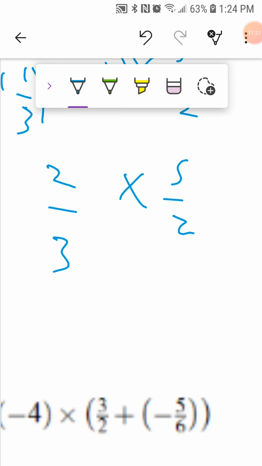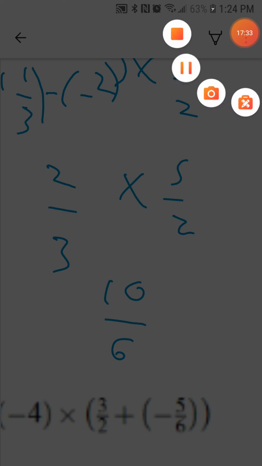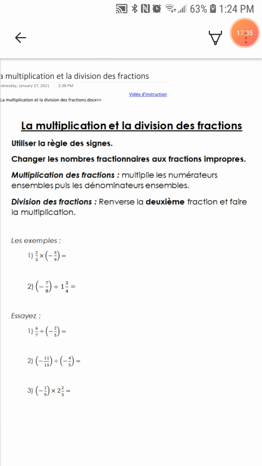Have I been doing the multiplication wrong? Multiplication is just you multiply it across, right? 10 of 6. Hang on. Multiplication de fraction. Multiply the numerators and then multiply